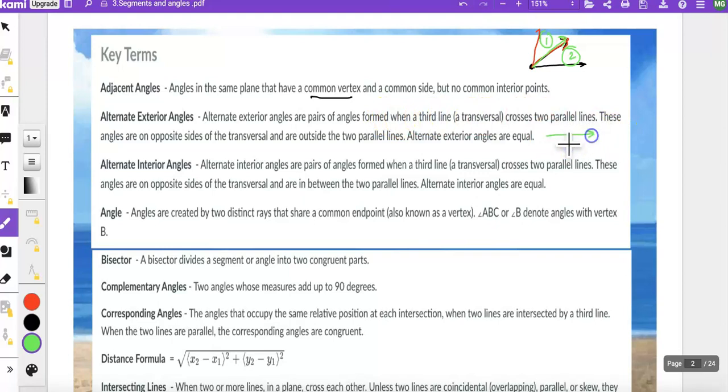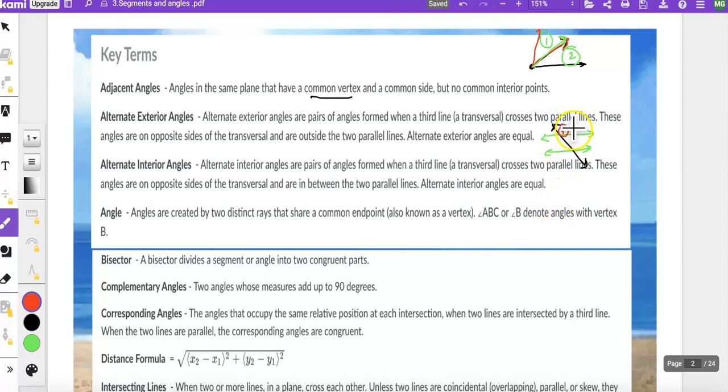So let's first of all draw two parallel lines over here. And what is happening over here? A third line which is cutting this over here or crosses two parallel lines, and outside the two parallel lines. So alternate exterior angles are equal. So according to our situation, if you look at this angle over here, let's give this as number 1, and